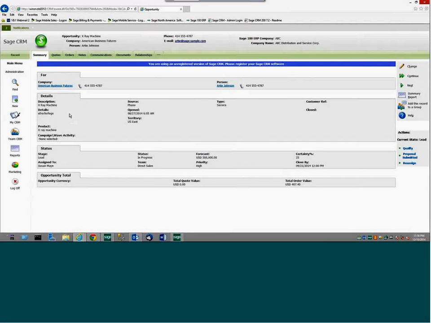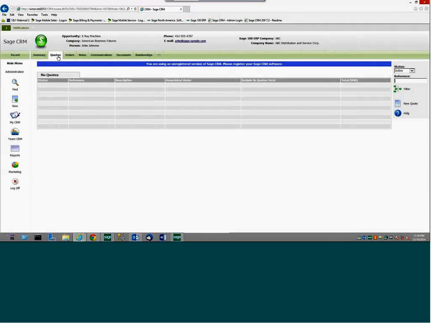So if I select X-ray machine, you'll notice my icon, my image has changed to a dollar sign and a circle, and that's indicating that I'm now in the opportunity context, which is related to the company. So we're kind of going deeper and deeper into the company, and now we're just looking at an opportunity. And what's going to be associated to opportunity is quotes and orders. So I can develop a quote for this opportunity within Sage CRM and actually convert that quote to an order